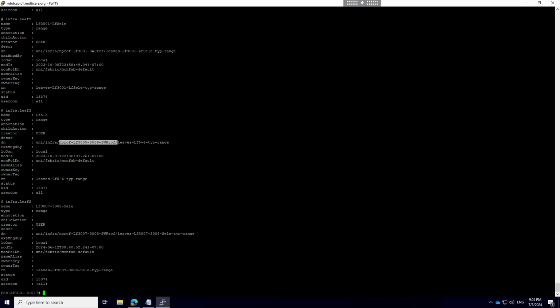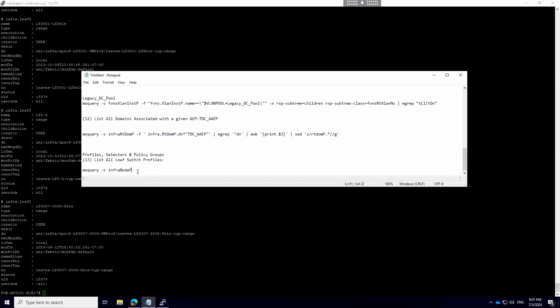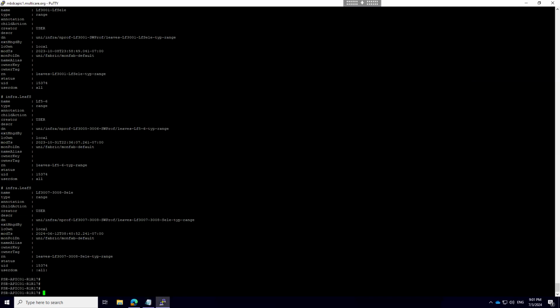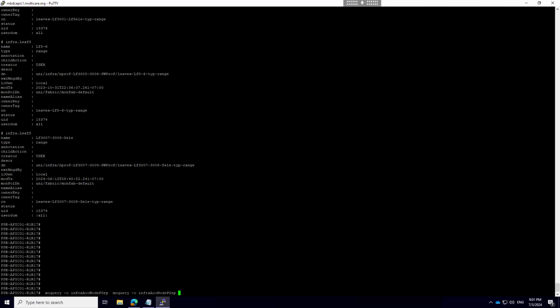Okay. If you want to get the list of all the policy groups, how many policy groups you have, all these things we want to list out. So suppose, for example, you want to list out the access policy group, the leaf and spine policy group, whatever policy group has access policy group or anything, this shows me the entire thing. Okay. So if I run this command,